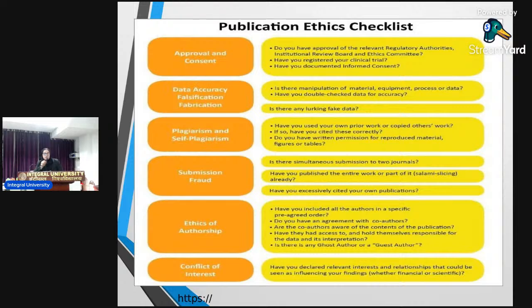So data monitoring is another step where you have to be very, very careful. You have to make sure that your data is accurate. What do you understand by accurate data? You have to report the data as you have obtained it, right? You cannot just decide to change the readings. You cannot just decide to increase the number of volunteers. You cannot just decide on your own that now I'll decrease the number of volunteers, right? So the accuracy has to be maintained without any falsification and fabrication. Okay? Without any falsification and fabrication.